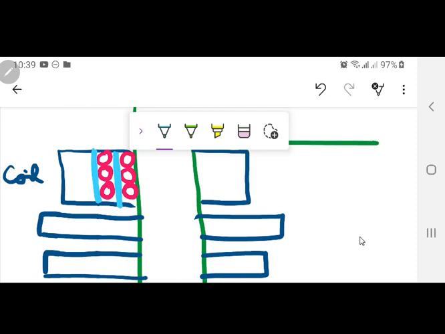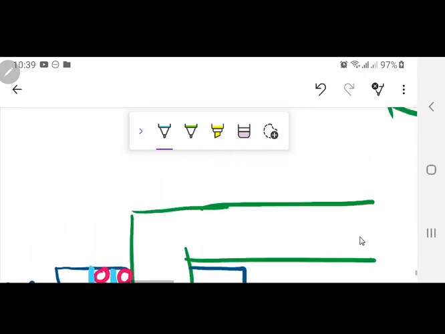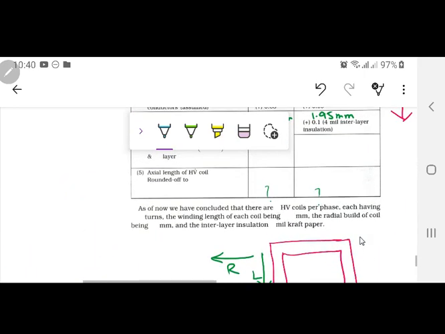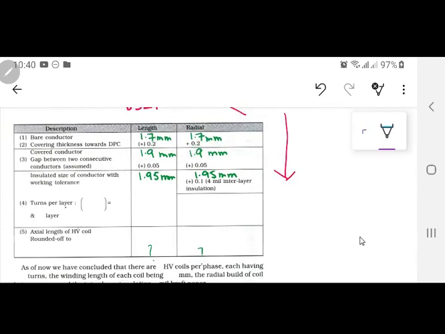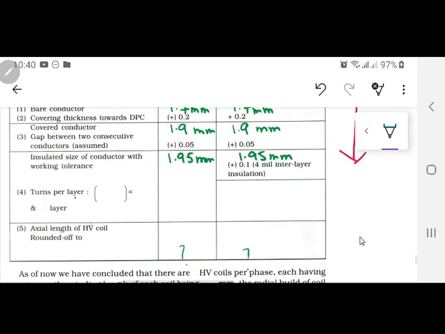Now we still don't know how many conductors we have to arrange lengthwise, and how many of the 832 conductors we have to arrange radial wise. This is totally on you how you want to actually design your transformer. Here, if I go back on my table, you can see over there interlayer insulation is 0.1 mm. Now if I see over here, this point is very important. Turns per layer. This is totally up to you how many layers you want to do in one coil.